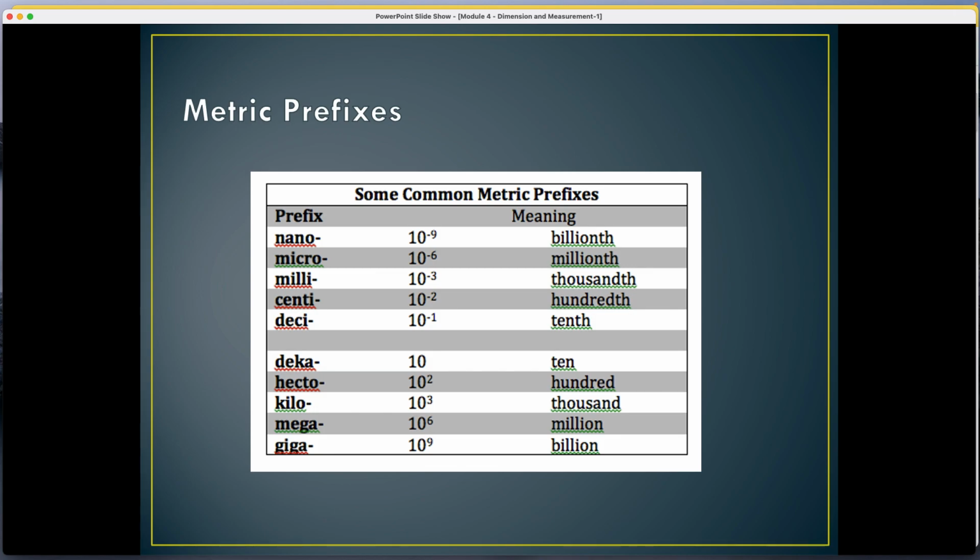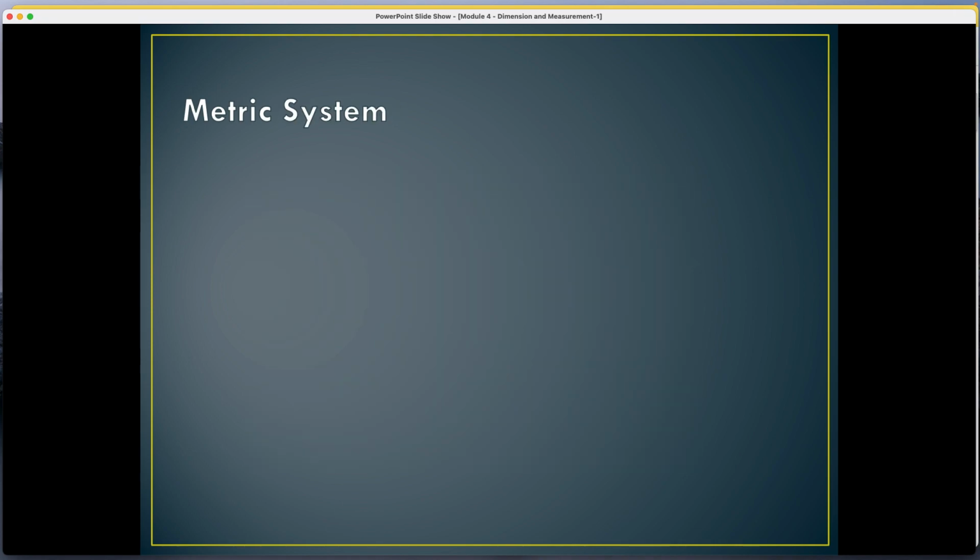And again, it just depends upon what you're doing. Some of you in the health profession may be at a hospital and may see that, I think because international health has become, a lot of things are measured in the metric system. Some places still use inches and feet and pounds and stuff, so you may have to convert. But again, some of the questions are going to be in the homework. We'll take a look through some of it, but they're going to ask you to kind of get a feel